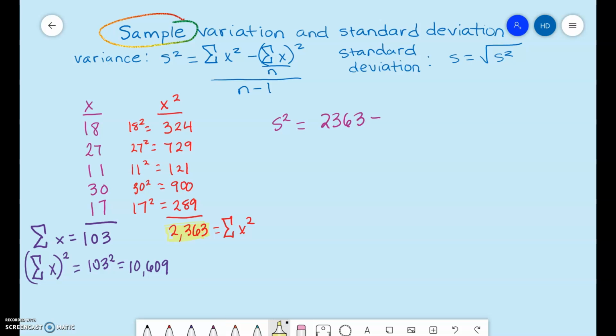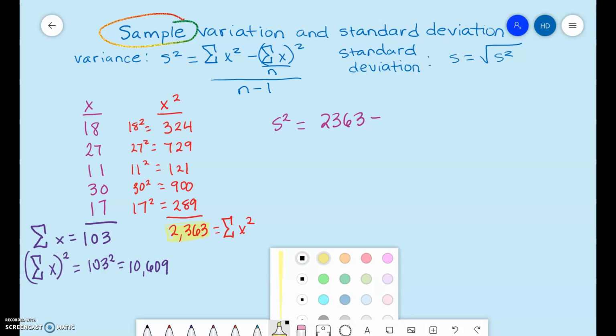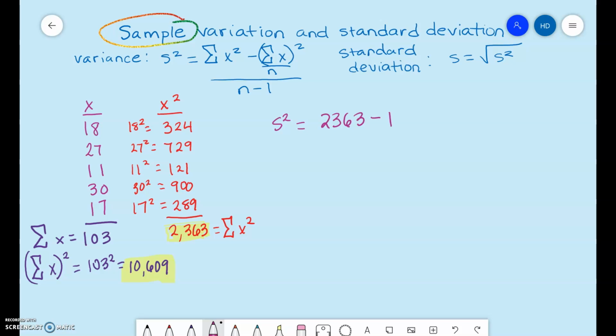And next we need the sum of our x's that we squared after we added them, which is this number here. And then if you look in the formula, it says divided by n. Well, n is 1, 2, 3, 4, 5, so n is 5, and then over